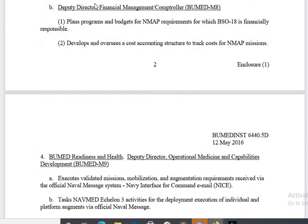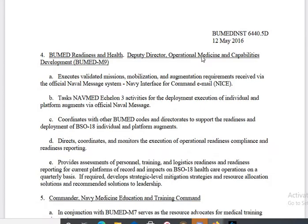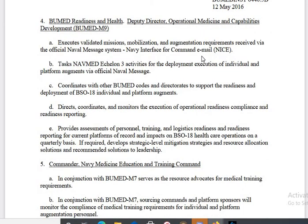Comptroller, money, M8. I like to think of that as mate got my money. They plan programs and budgets for the requirements; BSO 18 is financially responsible. So they do what you would imagine the money guy would do. A lot of these people's titles are kind of obvious. So the readiness and health guy, make sure people are ready. The M9